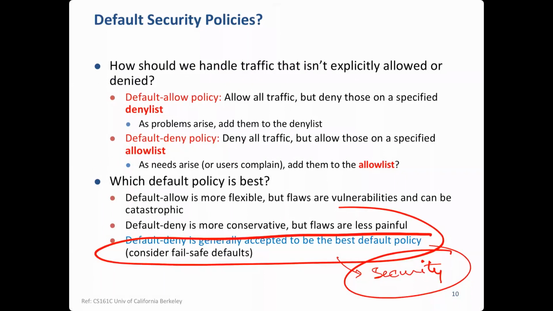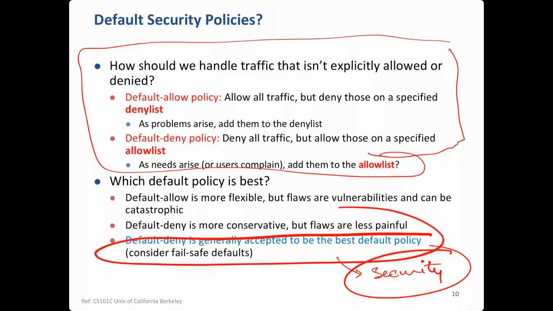With default allow, only a few people are listed who are not allowed, and everybody else is allowed. So everybody else whom you allow may also include some criminals, right? Because you don't know who is going to be a future criminal. So default deny with an allow list works out better. All right.